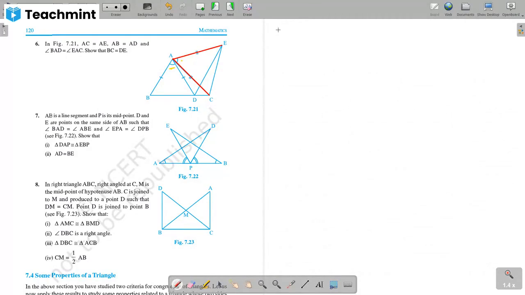In the proof, the first two lines you have to write: what is given and what we have to prove. And on the right hand side, you have to draw the figure. Even if the figure is given in the question paper, you still have to draw it in your copy, so that you can mark 1, 2, and 3. Now we will see the proof.